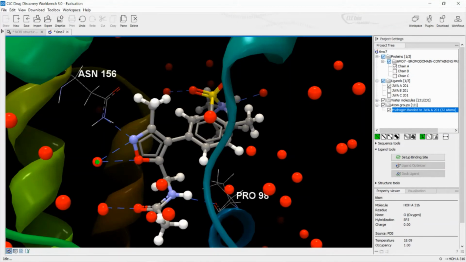So now once I click on this, you got HOHA316, that is the 316 water molecule present in the active site. Let me select the other one, that is also 316. Let me select the other one. This is 331. Let me select the other one, 384. So what I am getting is the water molecules 316, 331, 384 which are present in the active site, having hydrogen bonds with your ligand or inhibitor, which are responsible for the active site that may be inhibiting the protein.